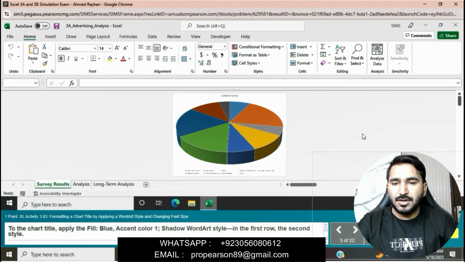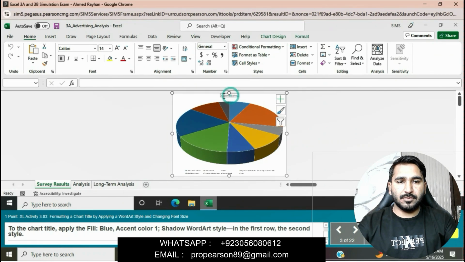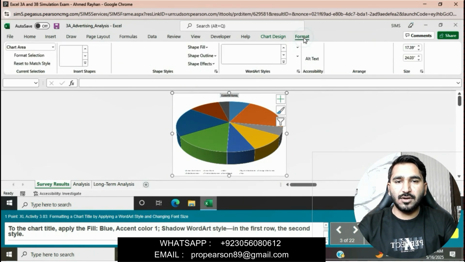To the chart title apply the fill blue accent color 1, shadow WordArt style in the first row, the second style. Click on the chart title and then go to the WordArt style and then we will apply the fill blue accent 1, shadow WordArt style.